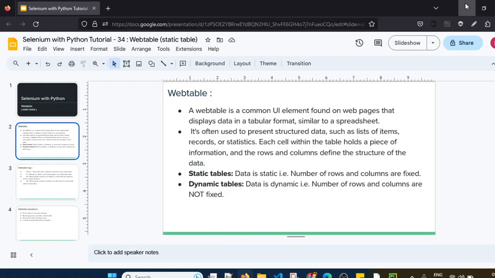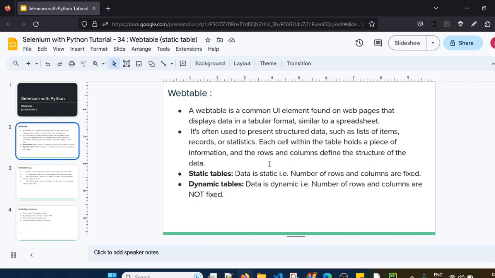It's often used to present structured data such as a list of items, records or statistics. Each cell within the table holds a piece of information, and the rows and columns define the structure of the data.